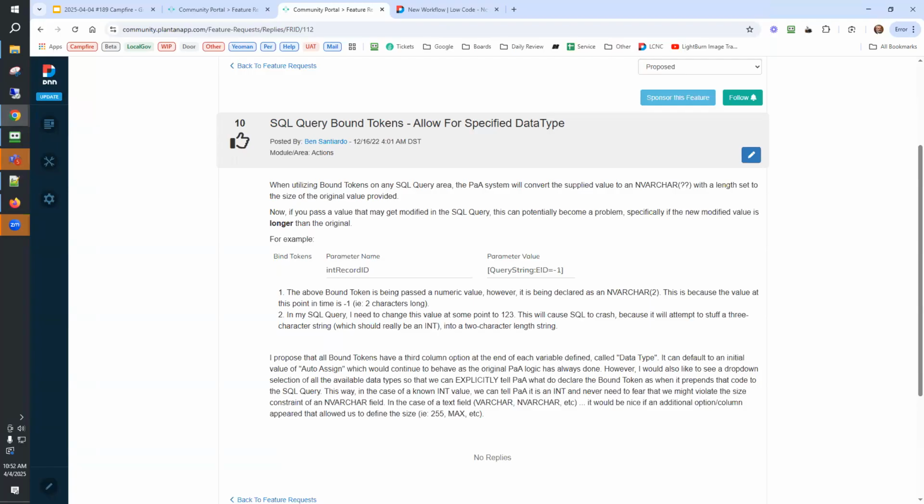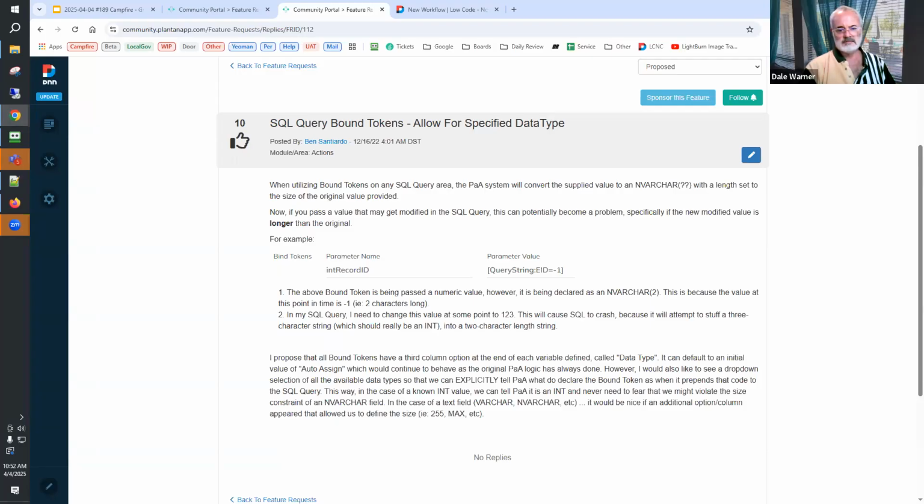The other one I had was number 141. All right, give me just a second. Yeah, sure. There are lots and lots of SQL queries that already exist that have bind tokens, and so obviously if we did that, then all those would default to something compatible. Blank would mean the existing behavior.